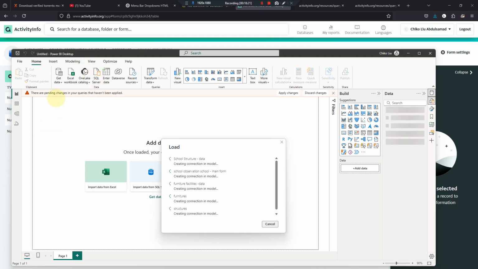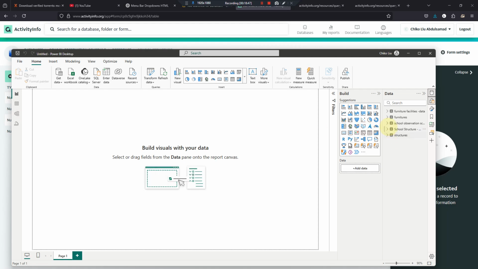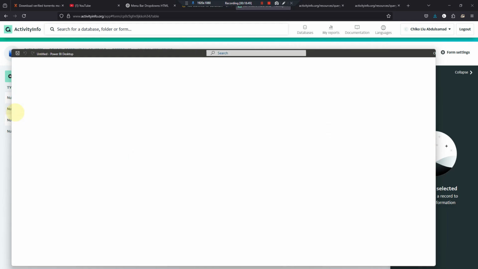It's just how to model it in such a way that it shows how they are connected. So remember, we have school structure data, we have furniture data, as well as the main form. It's also data. Now, these furnitures and structures are reference forms, so they are a many to one kind of relationship. So I will then go to my model,